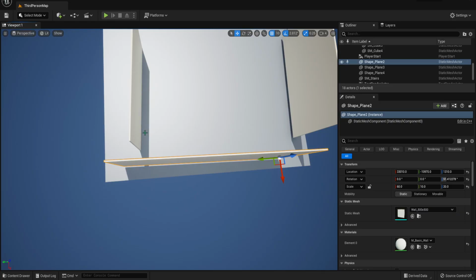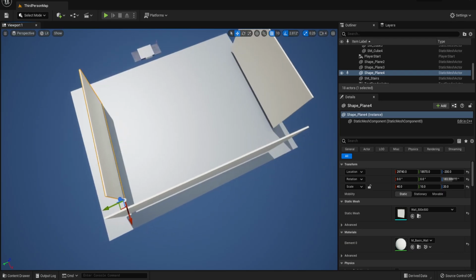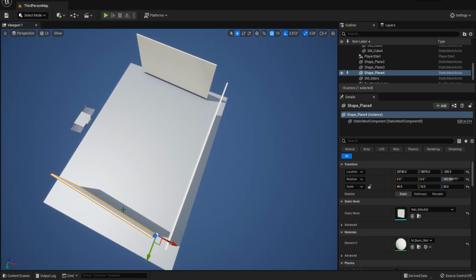The straightness of it has gone out the window. It's okay. This is the struggle of doing this, and it could be the rotation of it possibly. Hold up.